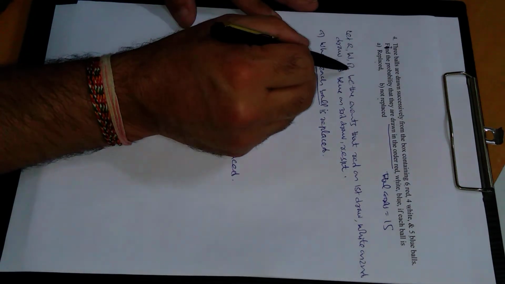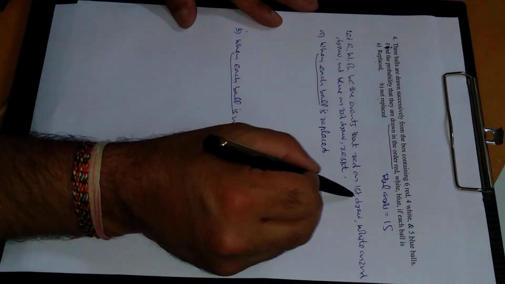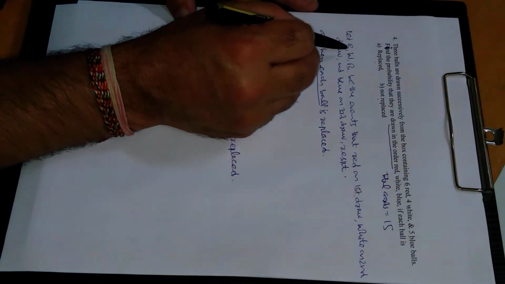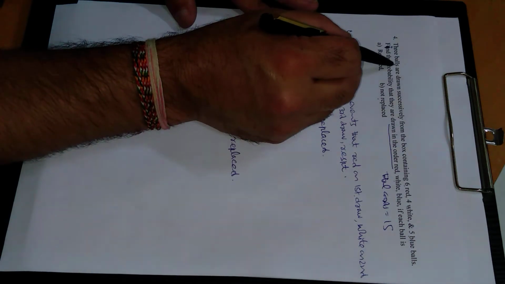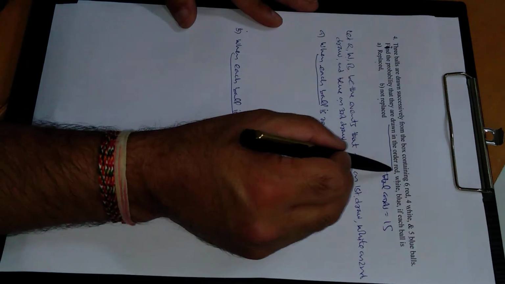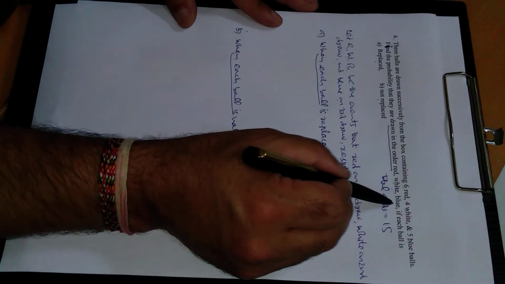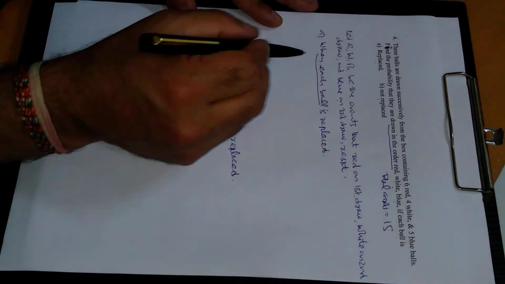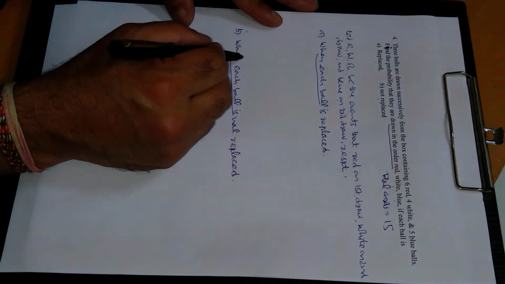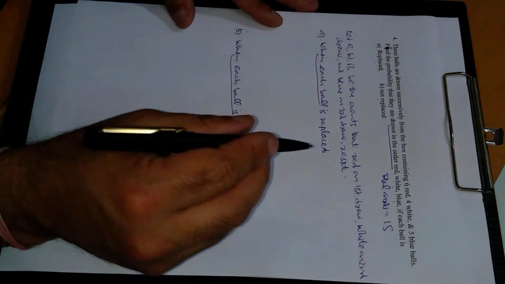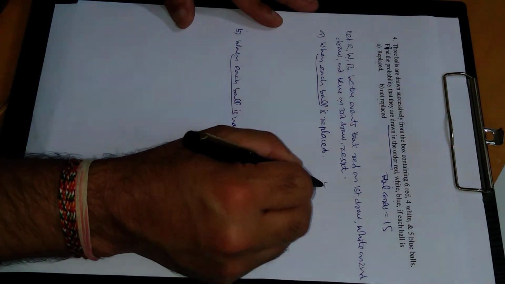Let R, W, B be the events: red on first draw, white on second and blue on third draw, because we have to draw 3 cards and these must be in the order: first red, followed by white, followed by blue. Alright, so the first case is when each ball is replaced. Replaced means it is again available for selection, that is, the draws are independent.